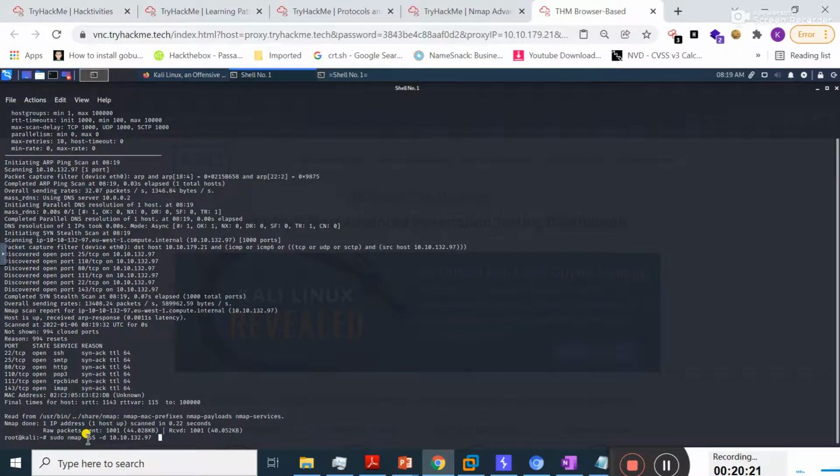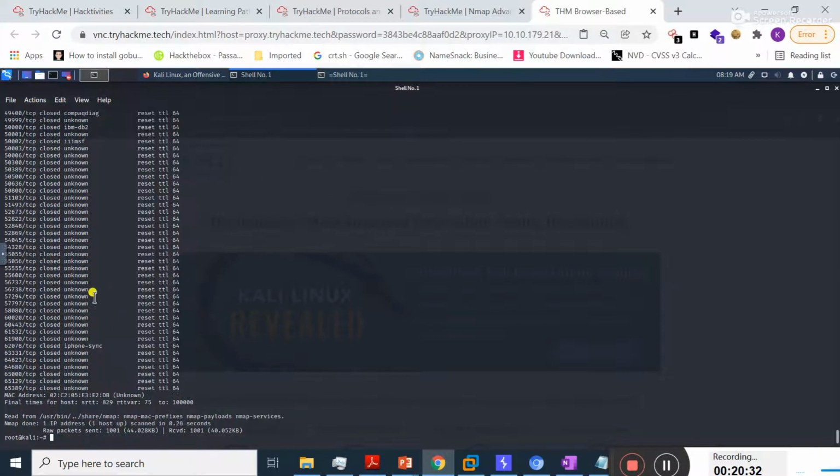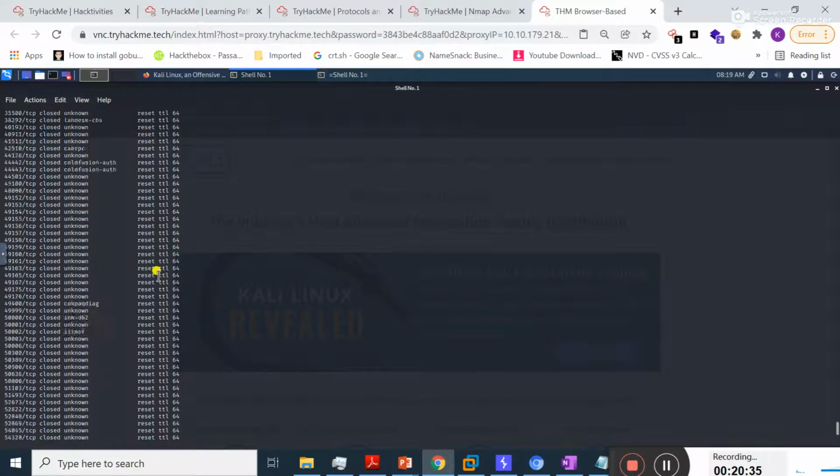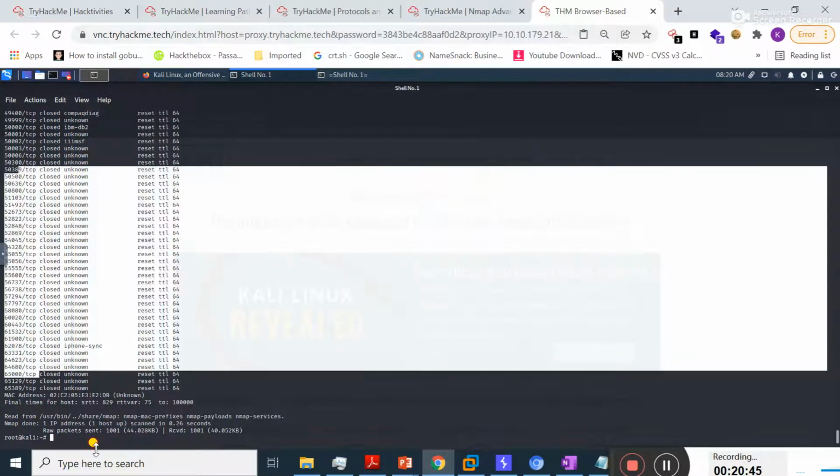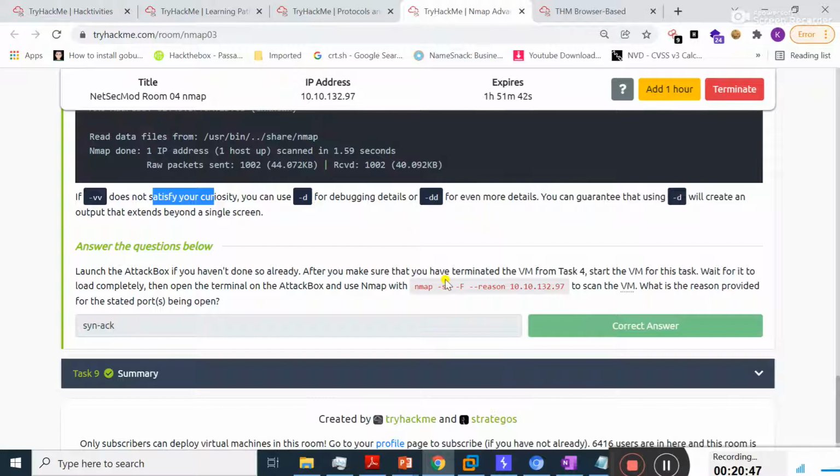You can type here --d and hit enter. See, it will display a very detailed result, much more than when you used the -v switch. All ports are shown to me. So this is also a very useful method.